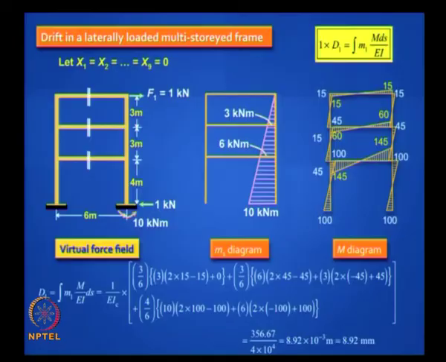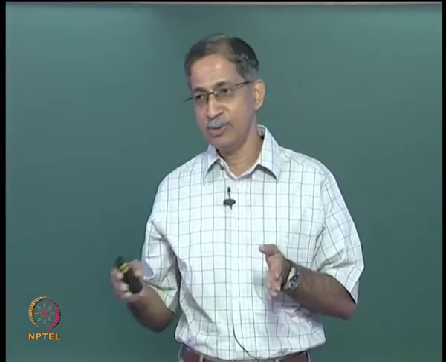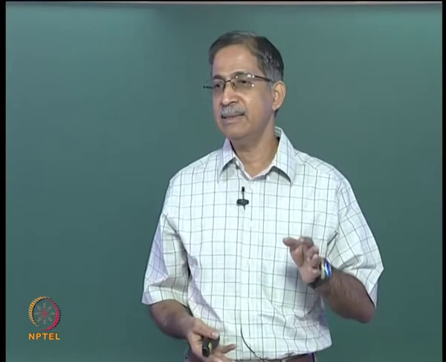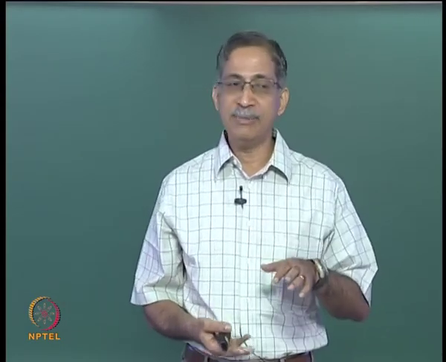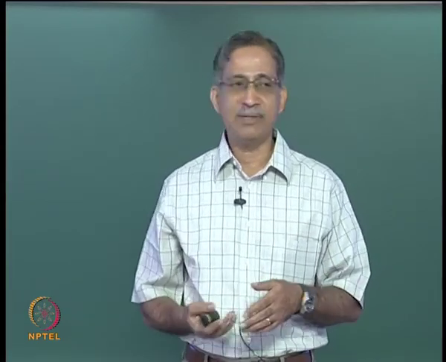Now there are practical limits usually for that deflection in design, because you do not want the building to move too much. Roughly, interstory drift is limited to the height of that story divided by about 500 or so.